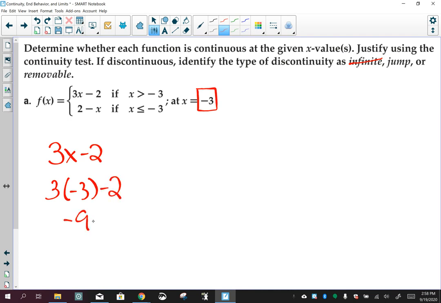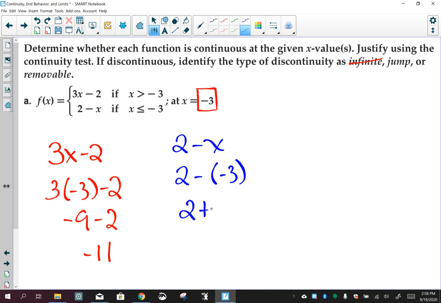I'm going to evaluate that, and I get -11. Now, in order for it to be continuous, when I plug this one in here as well, I also need to get 11 back. So now I'm going to take the second one, 2 minus x, and I'm going to plug in my -3, and I get 5. So I know that my y values are not the same, so I know that I'm